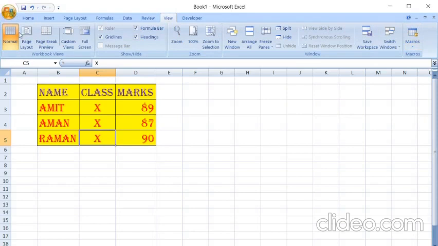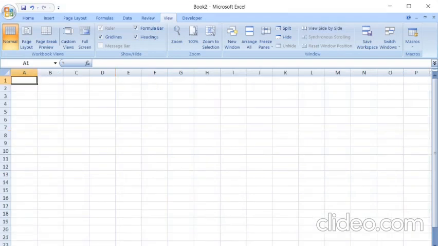What I am doing: File, New, a workbook will open. Here I have written something, like Result. I have written only the names, for example the students who have scored good marks.